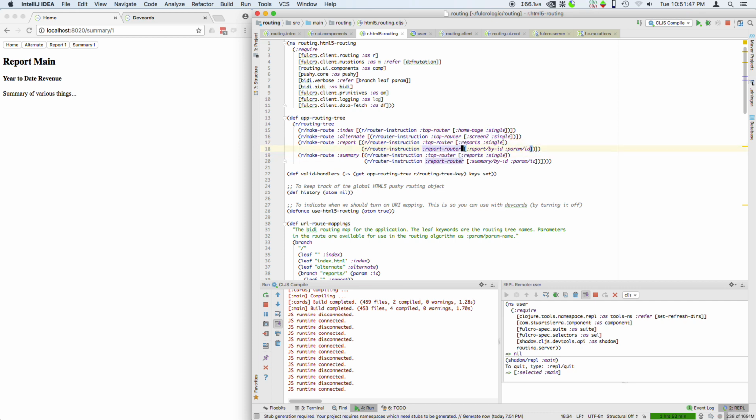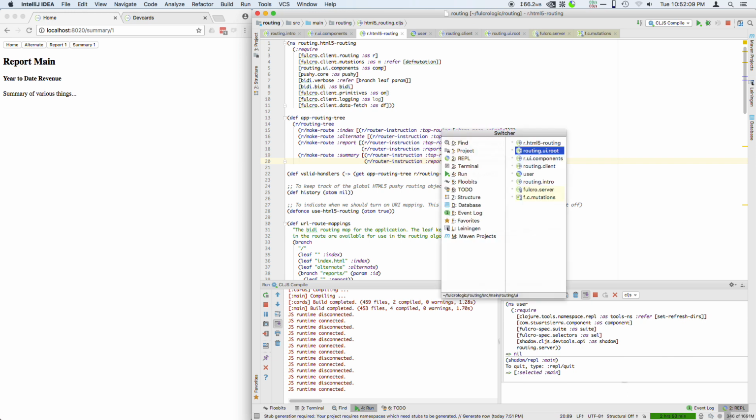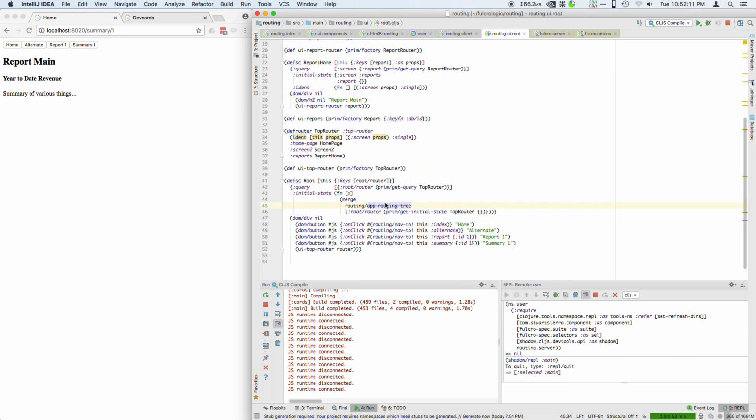And then the second instruction in this one is move the report router to report by ID, and then whatever is in the route params as ID. So this is the dynamism that you can add into this routing tree. So same thing with summary. We're going to move the report router to a summary ID, and then whatever ID is passed in as the parameter. So you could see back here in our buttons, the nav2